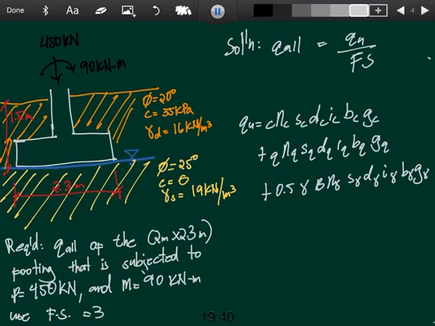So, anong una nating gagawin dyan? How are we going to solve this one? Okay, so first class, we are going to get the effective area. So, i-convert natin yung ating effective area or yung ating effective width. Diba? So, since eccentric siya,